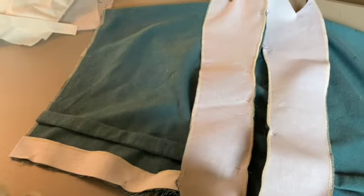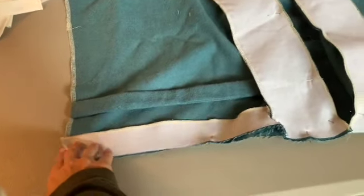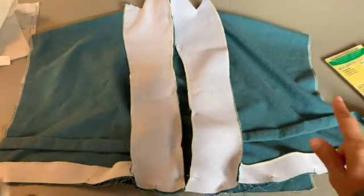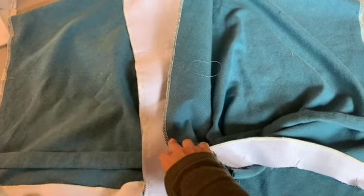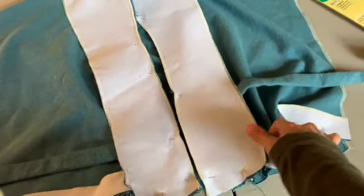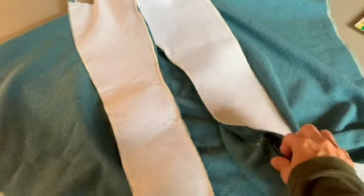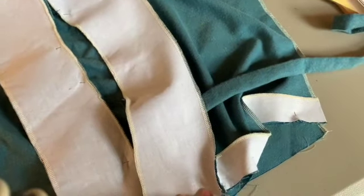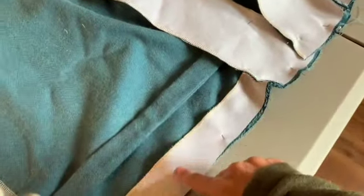Okay, so I have pinned my front hem facings to the front of my jacket, but I wanted to show everyone kind of what it should look like. So this is my right side, and this is my facing. So I pinned my right sides together. And here are my straps coming out. Make sure that you pull those out so they don't get sewn underneath. Also make sure your pleat is down so it's not facing the opposite way. And then what's going to happen is you are going to sew all along